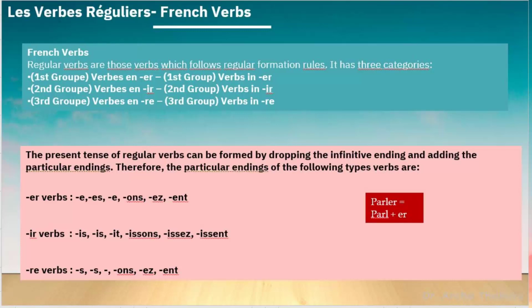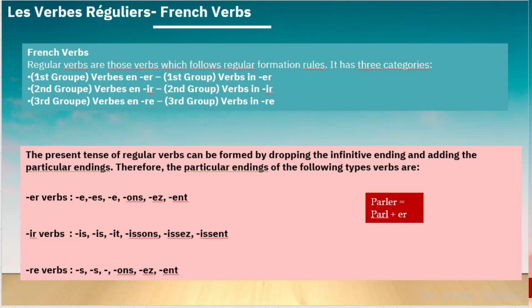Why have I given you six of them? Because we have six subjects. I have purposely not written them here because you should remember them. So with je, you will add e. I'll show it to you, don't worry. With je, you'll add e, so it becomes parle. Then es, e, ons with nous, ez with vous. Remember, 90% of the conjugations with vous will end like this, ez. This is for plural. Il and ils, we will not talk about these. I don't want to confuse you, so we'll just focus on er ending verbs for this lesson.